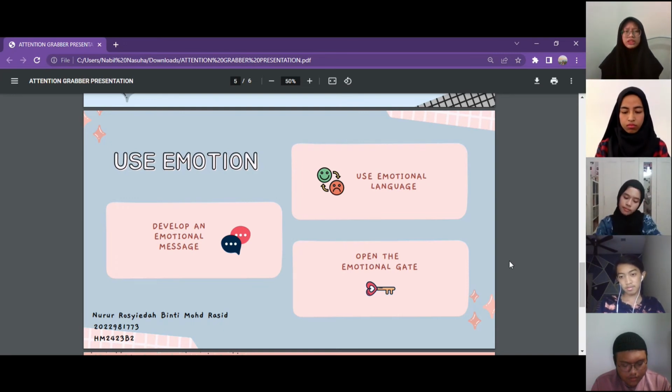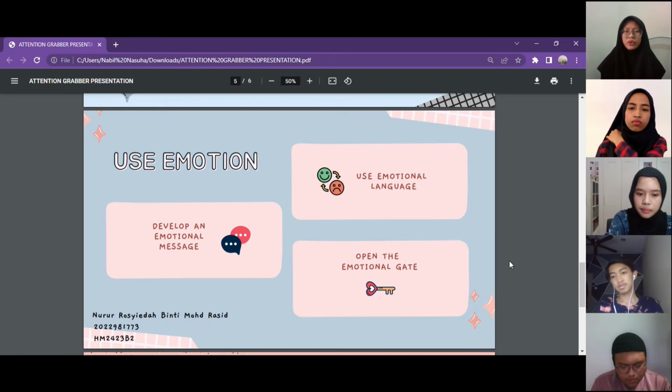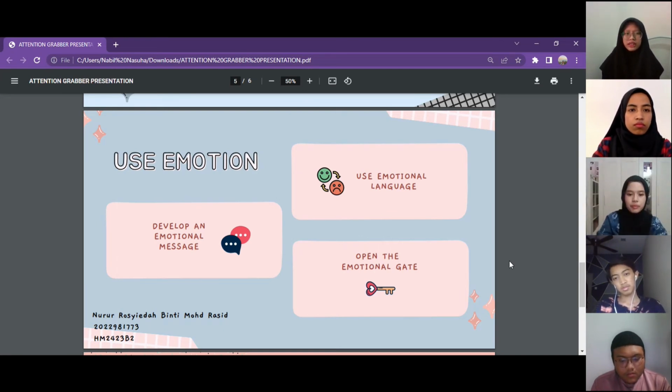For the first point, which is develop an emotional message. In terms of speeches and presentations, we can and should develop our message in ways that tap into emotional receivers. So often it's really about the audience's emotional experience and knowing that the response can occur despite analytical, financial or technical content. If we frequently discuss topics in these areas, it's critically important that we understand how emotion